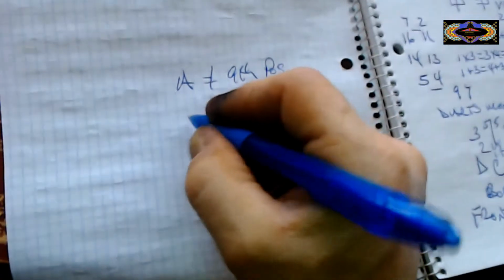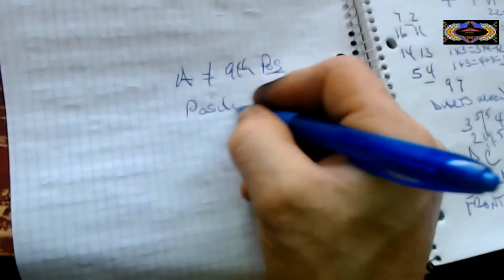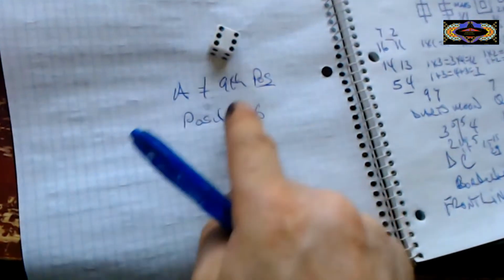A is in the 9th position. But the 9th position is actually position 6. It got flipped. It got flipped over. It's in position 6 and not in 9, because what's happening